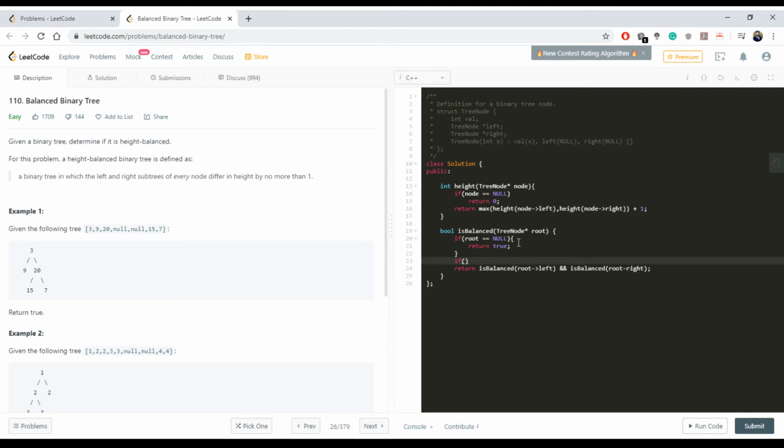If height of root left is equal to height of root right, return true as well. So that is the